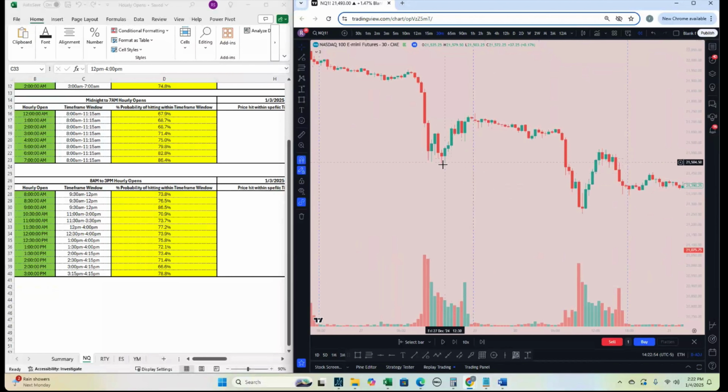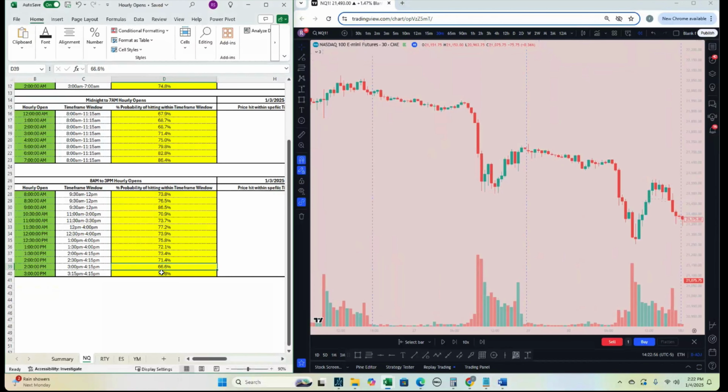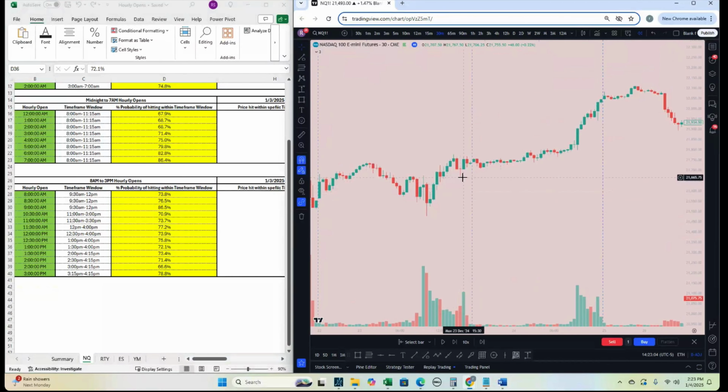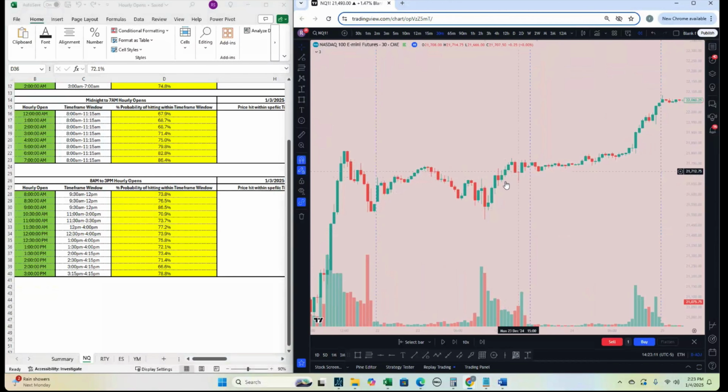You just got to go back and look. Now, don't get me wrong, you can be on the opposite side of this. There's a high percentage and a low percentage, and you just got to take the losses with the losses and mitigate your risk. But you'll notice at the end of the day, unless we just trade at the end of the day, we just level out and we build that